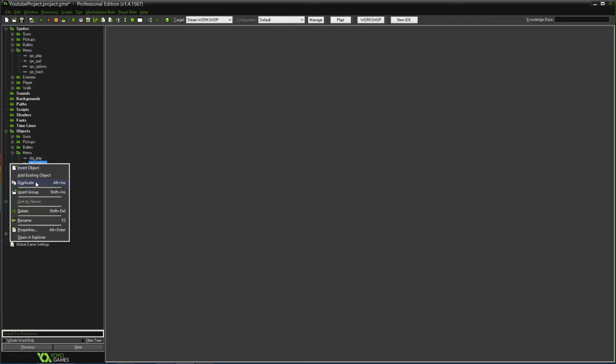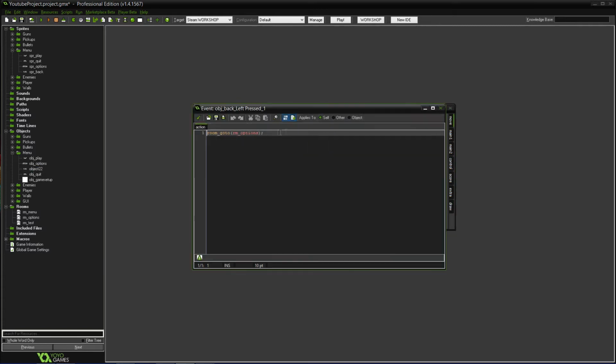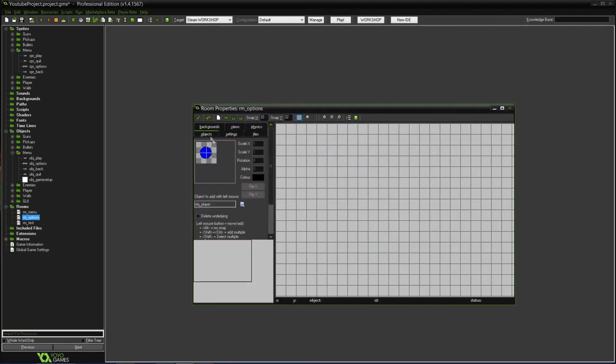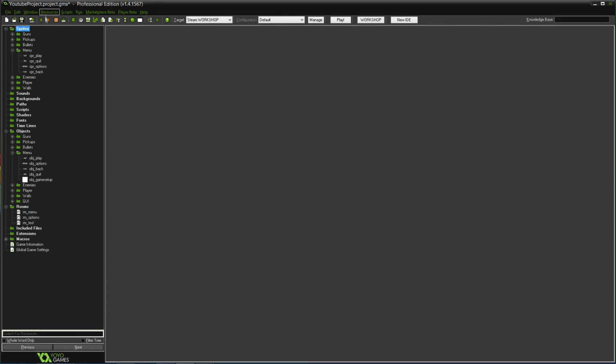And then we have to create another one. Okay, obj underscore back. So, change the sprite into the back one, and then make this room menu. Okay, so that works fine. We can go into the options room, and we should also put the back button. Except we're not really going to have anything in here yet, as you guys know. Like I said, not really going to put anything in it yet. But now if we run it...